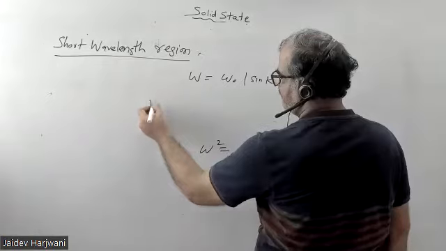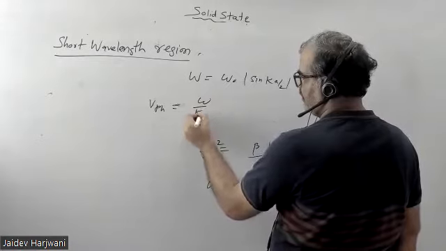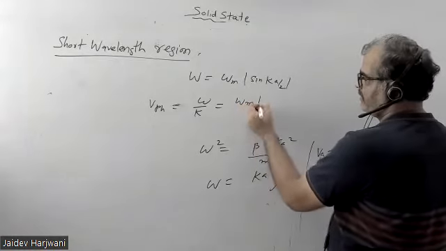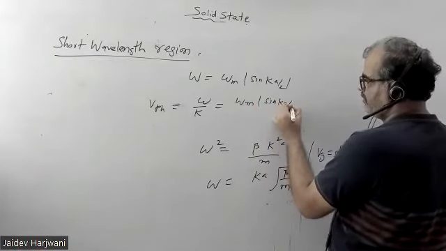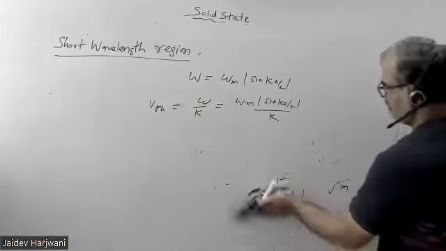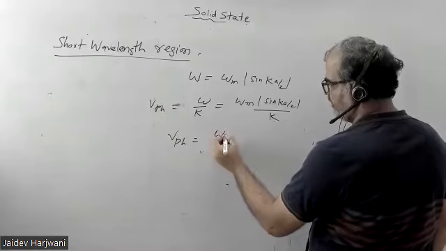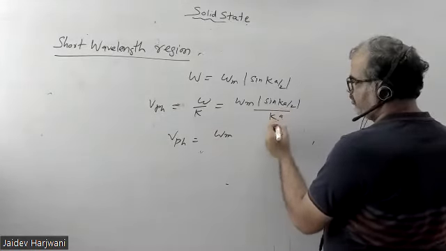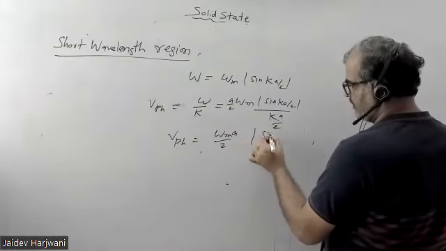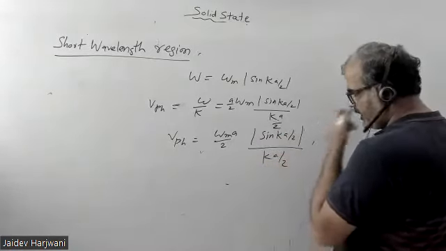If you want phase velocity, that will be what? Omega by k. So I can write this is omega m sine k by 2 upon k. And so this phase velocity I can write omega m. Here I want k by 2, so I have to multiply by a by 2. So Vm a by 2 sine